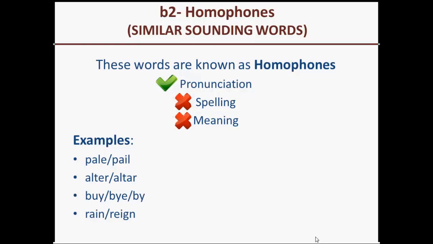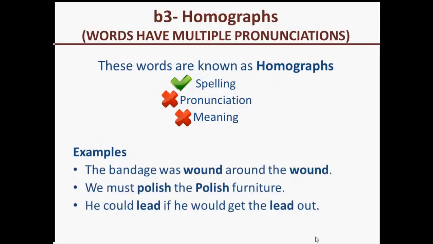So these are just examples of homophones. Pale, different meanings, same sound. Alter, يغير, and altar, مكان for sacrifice of goat or sheep, قربان مكان تعمل تذبح فيه شيء. Buy. So same. You have to be specific really to use it correctly because they sound similar. So the pronunciation is the same, spelling is different, and the meaning is different. But these are just examples, don't worry about it, okay?